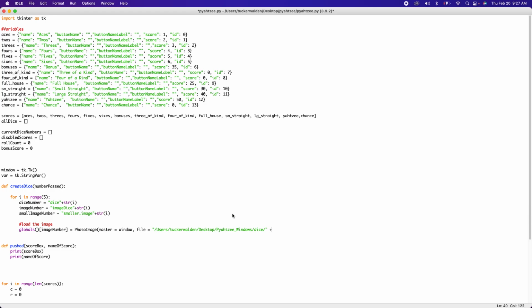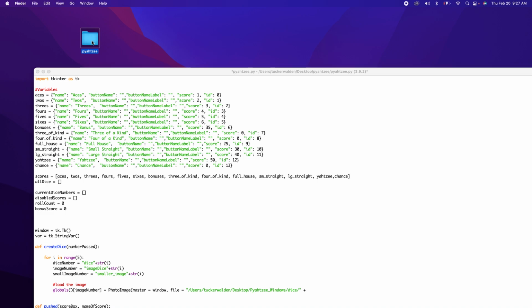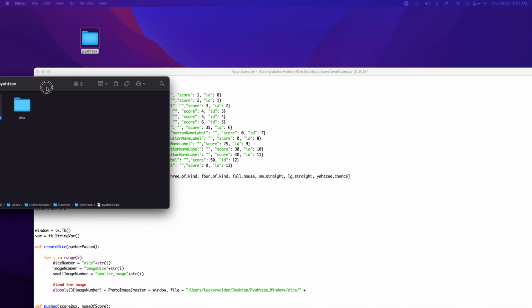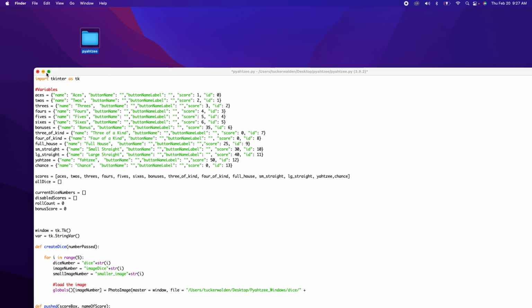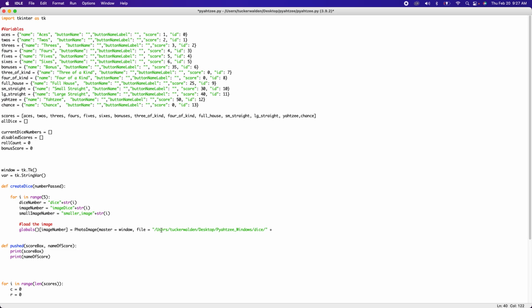So that's where the images are stored, and just to give you an example, this is what that looks like. We have Python, this is the file, and then I have this dice folder, which has all the dice inside of it that we need, and I just started the file names with the number to make it a little easier to pull. And so you're going to put everything up to that dice point, and then what I did was just do plus string number passed plus